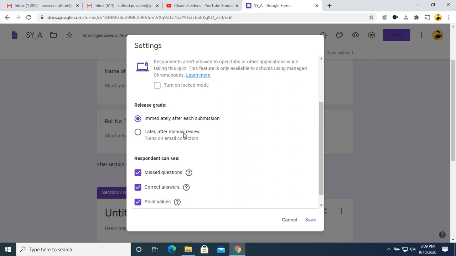Missed questions: you can show which questions he has missed, and the correct answers also. If you don't want to show, just uncheck this. Point values: whether you are giving 1 point, 2 points, how many points you are giving for that particular question, you can show.